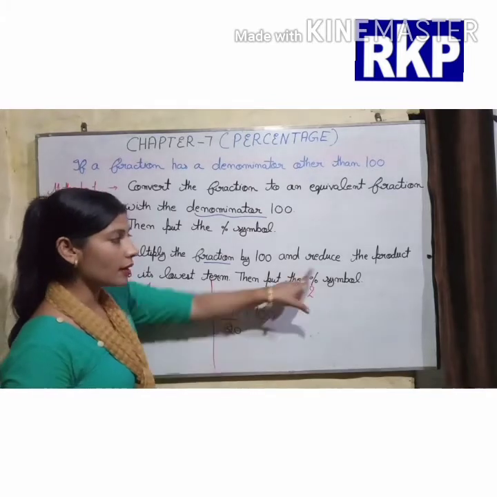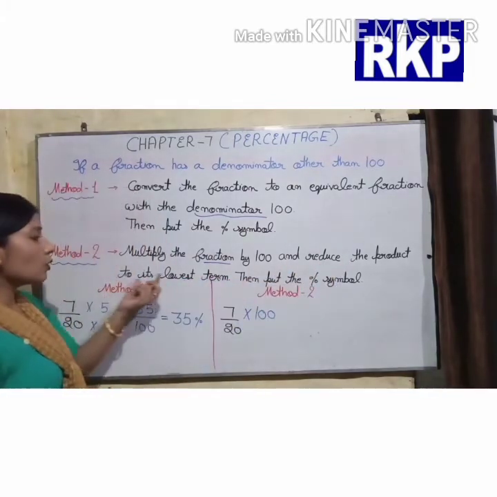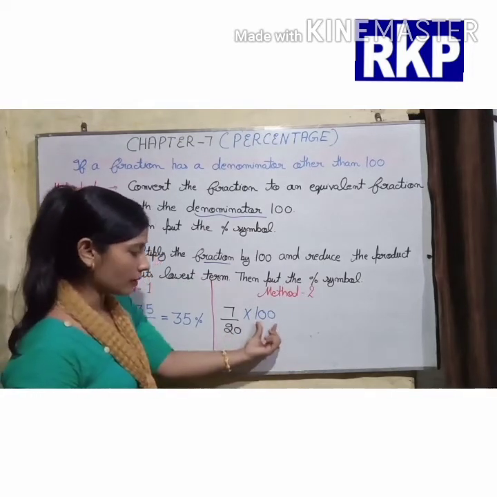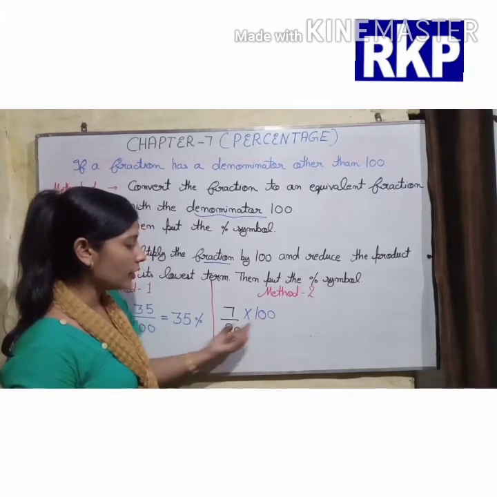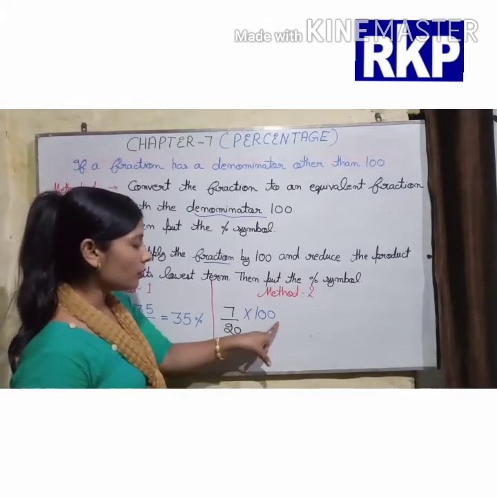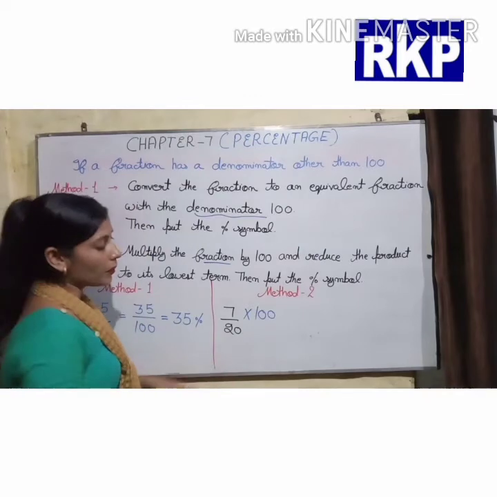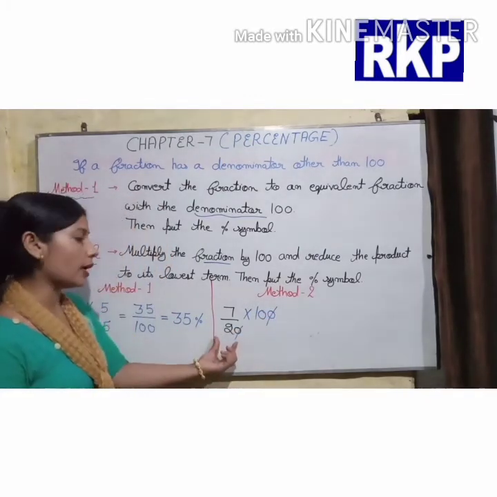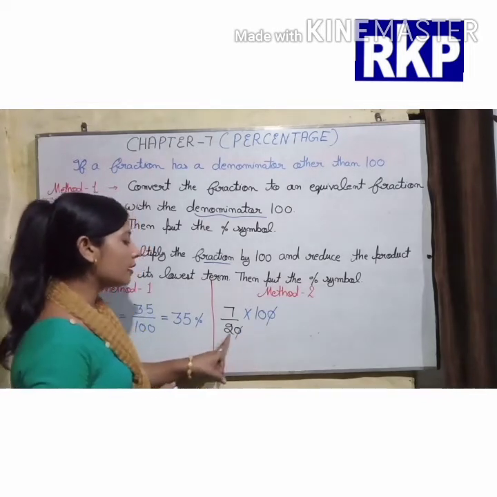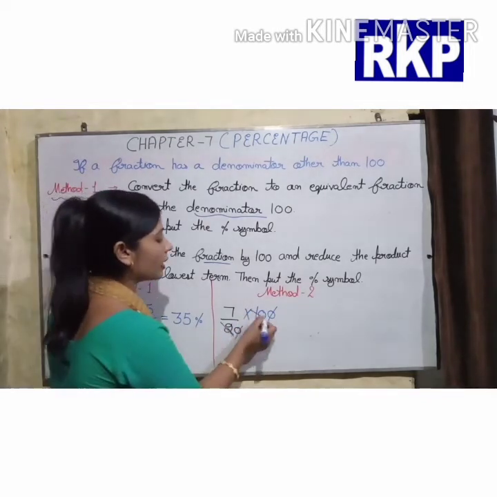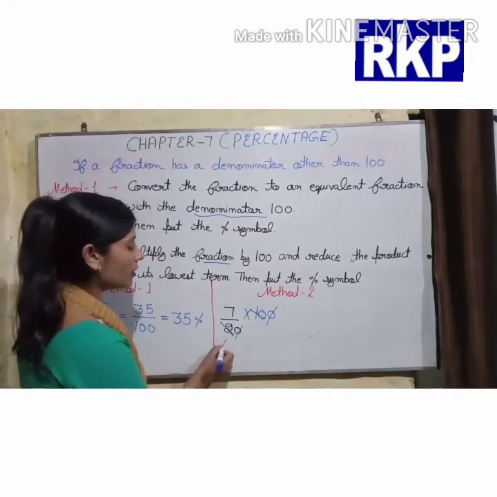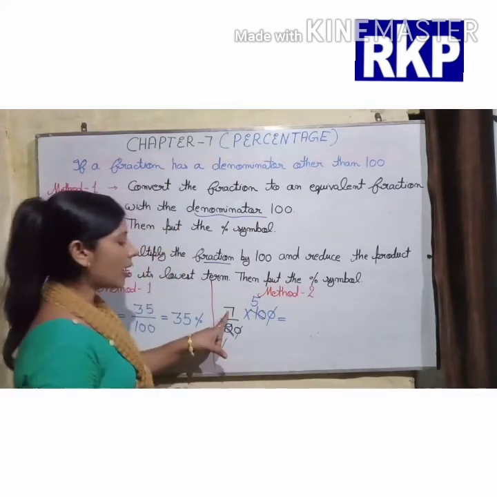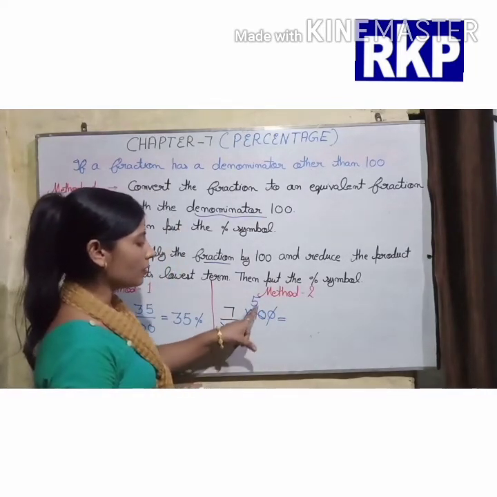And after that, what did we have to do? Reduce the product to its lowest term. So here we can see that we can cancel numerator and denominator. Here we have two zeros and here we have one zero. So we can cut this last zero with this last zero also. Now here we have 10 and here we have 2. So now also we can cancel: 2 ones are 2, and 2 fives are 10. So now we have 7 multiplied with 5.